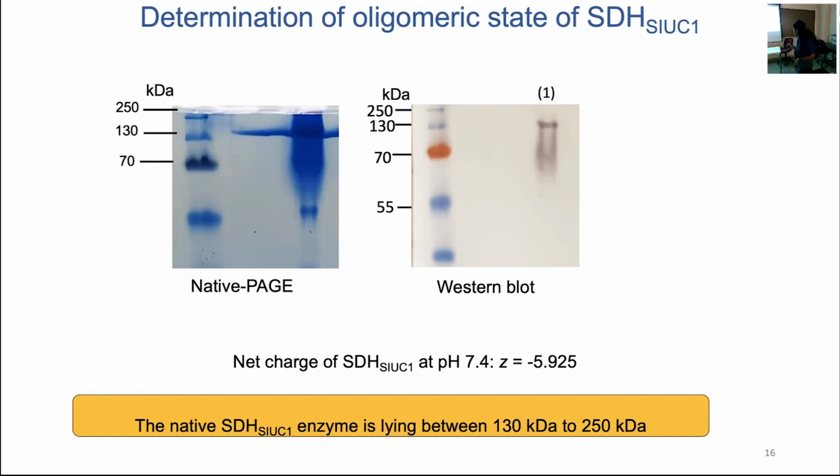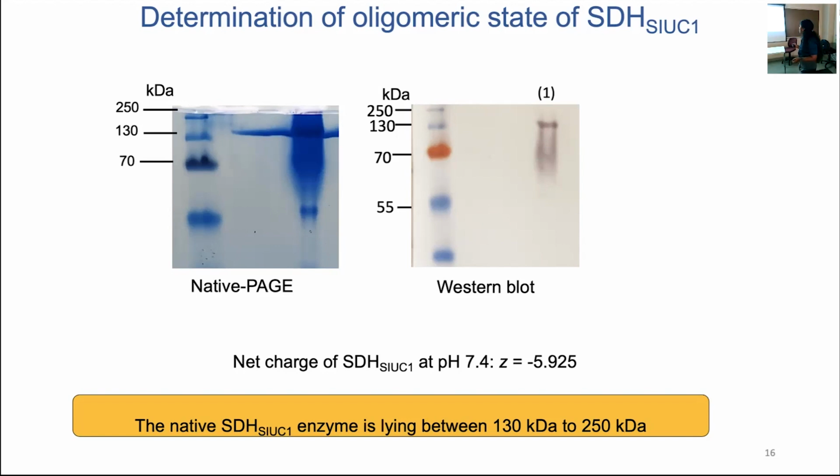To confirm this further, we went to Dr. Divya Prakash from the chemistry department to do an FPLC analysis, which is size exclusion chromatography. By that analysis, we found that the size is about 250 kilodalton, which is indicating that it's going to be